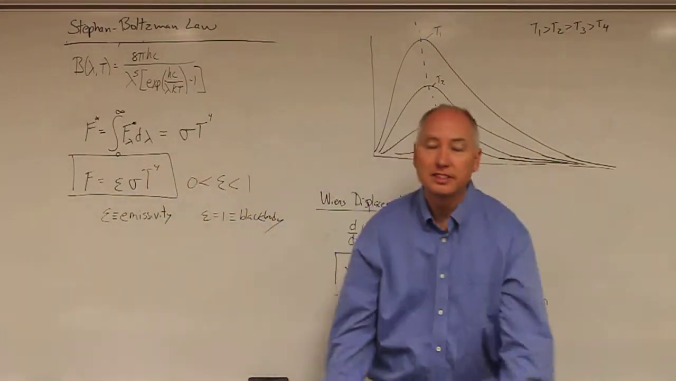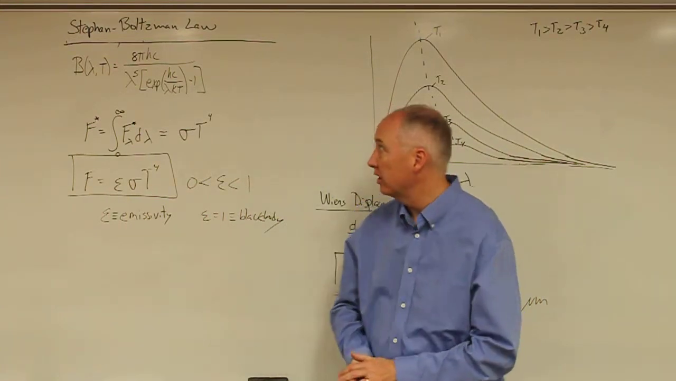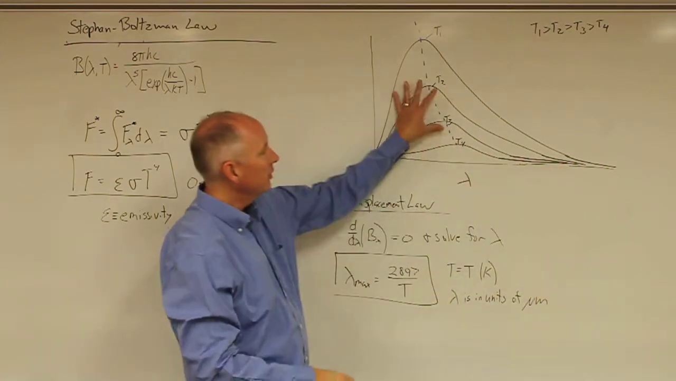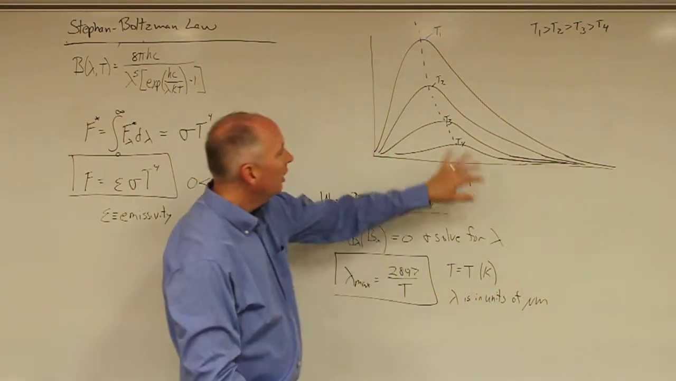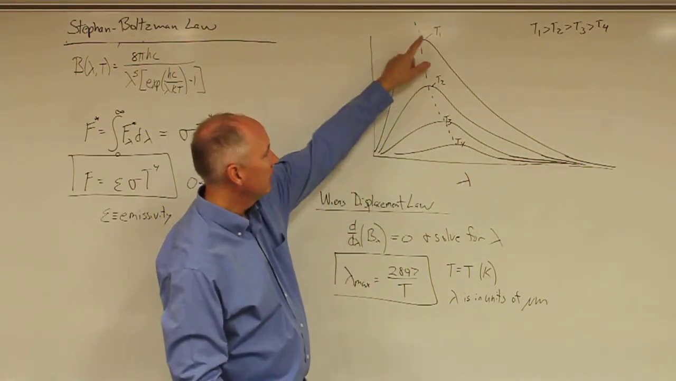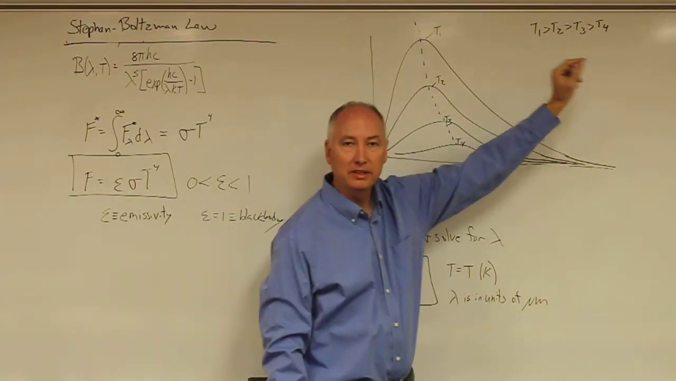In this lecture, we're going to introduce two of the basic blackbody radiation laws. The first is going to be the Stefan-Boltzmann law. So over here, we have the blackbody radiation distribution given by the Planck function for a variety of temperatures. And you'll notice that in each case, T1, T2, T3, T4, T1 being the greatest temperature, T4 being the least